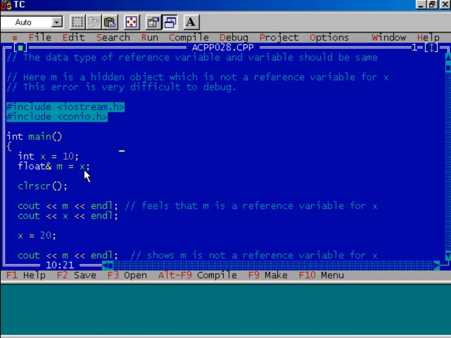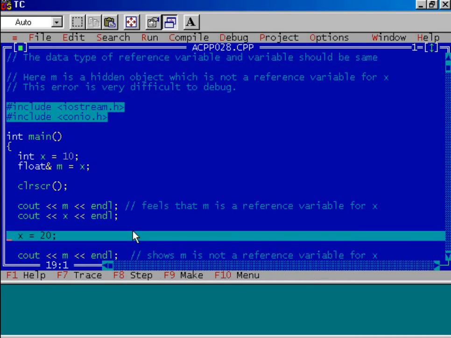Now observe very carefully. The data type of this reference variable is float type, whereas the variable is integer type. Is it clear? Now execute the program up to this step. I am displaying content of m and content of x. Now let us execute the program by pressing the F4 key and see the output.